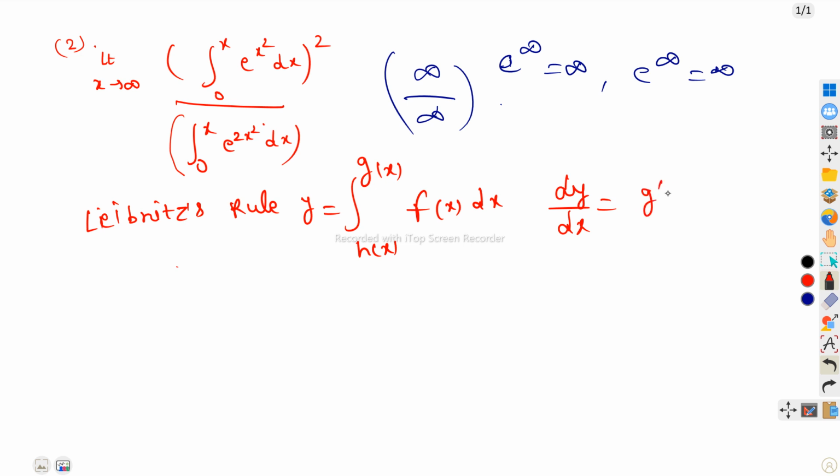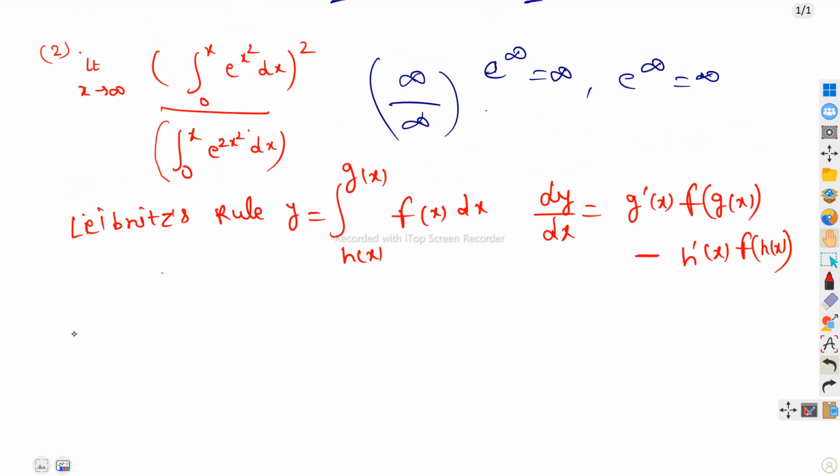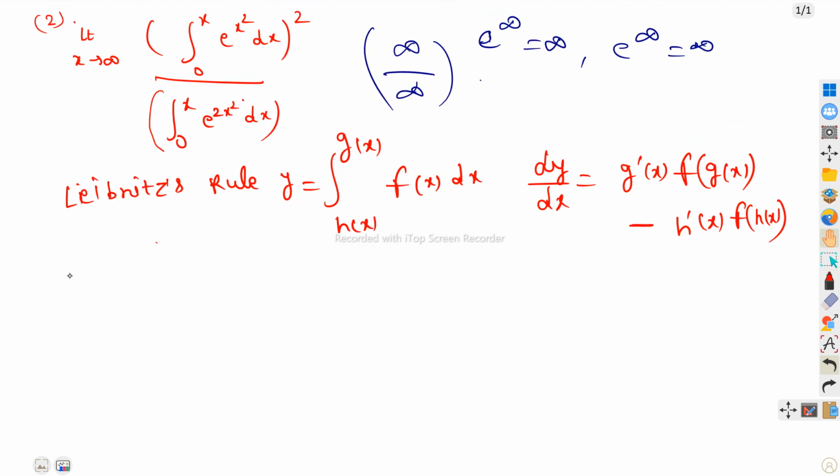First of all we differentiate g'(x), and we find the composition f of g(x), minus h'(x) and the composition f of h(x). Again we use this formula in differentiating numerator and denominator. So in the given problem we have g(x) equals x and h(x) equals 0 and